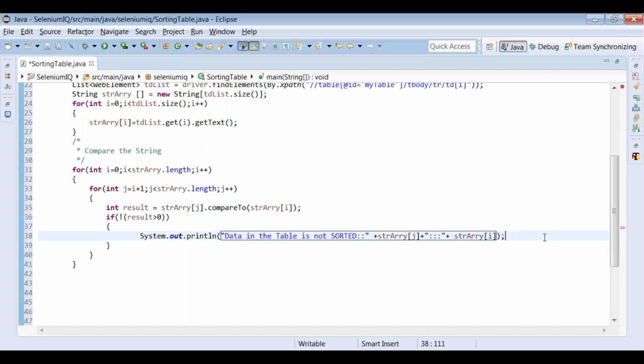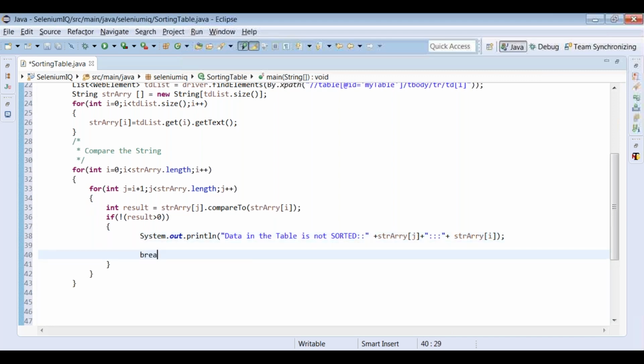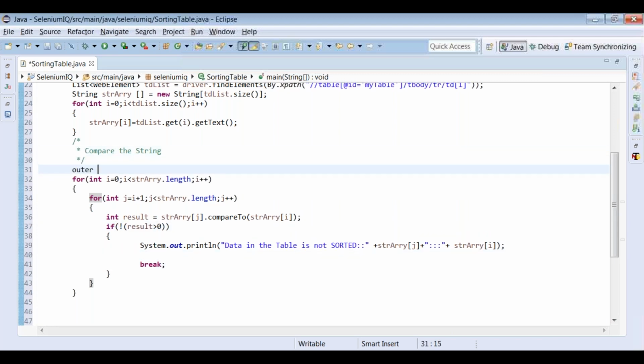And we break the for loop and say that yes, we are done, because if any two values are not sorted, it doesn't require checking each and every value. If any two values in the list, you take the first one and the second one, and when you compare both of them, they're not matching, you simply break the nested for loop. But for breaking the nested for loop, we have to provide a label here, outer. Just put outer here, otherwise it will not break the nested for loop.